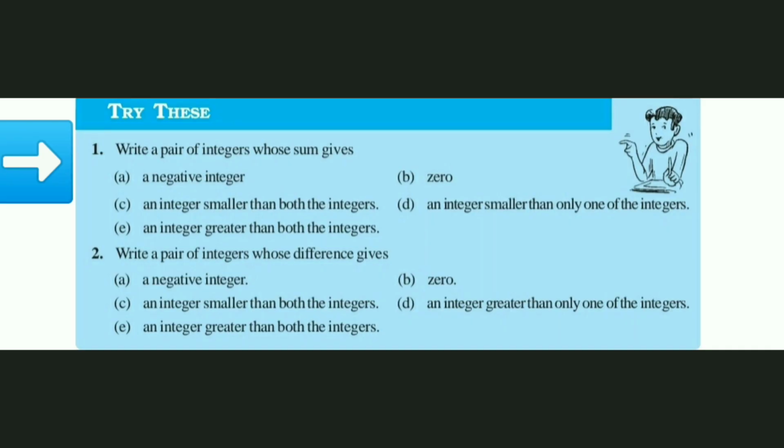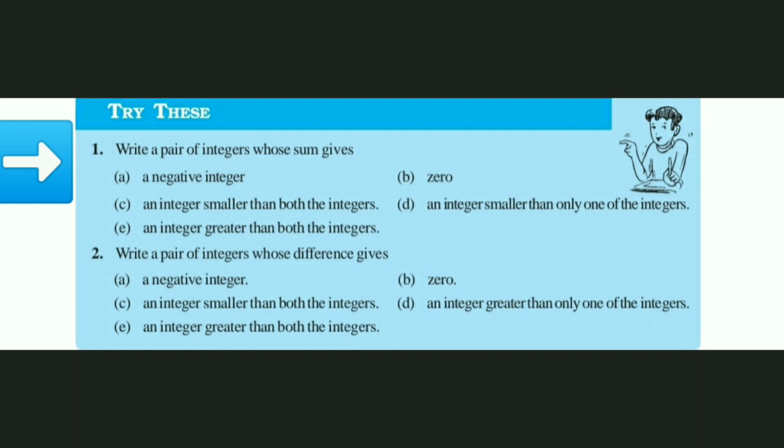Now students, in the textbook on page number 8, two sums are given under the heading Try This. It means let us try to find the answers. Here in sum number 1 there are 4 parts given. Out of those, I will explain 2 and the rest 2 you try on your own.